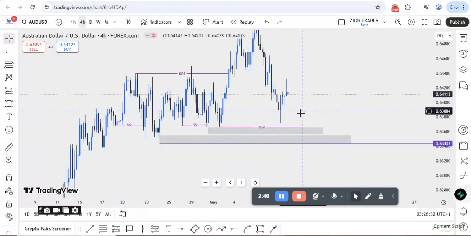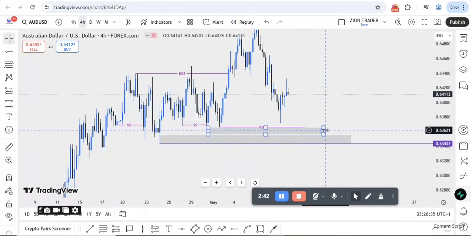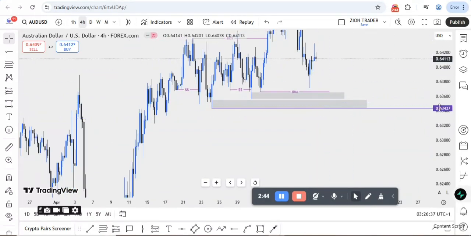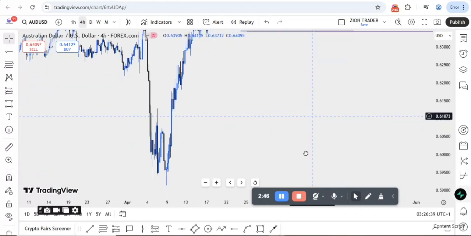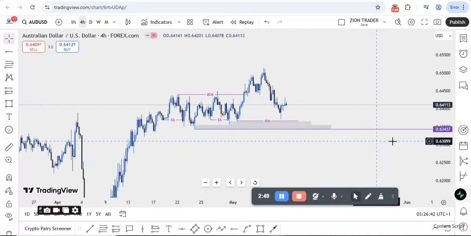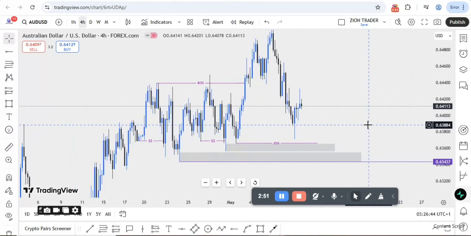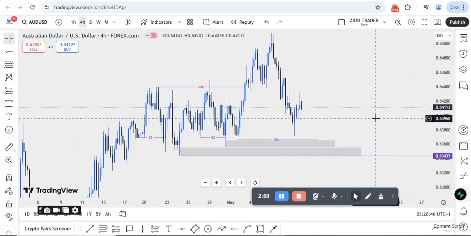So if this zone eventually fails because there's economic uncertainties, then that means we're going to have a long sell of AUD to the downside, right? And also another reason why I'm supporting this sell is because our DXY is about to head higher a bit, which I already made a video on. So in case you've not watched that video, you should watch the analysis I made on DXY, which is USD, on my channel. So you should watch it out, right?